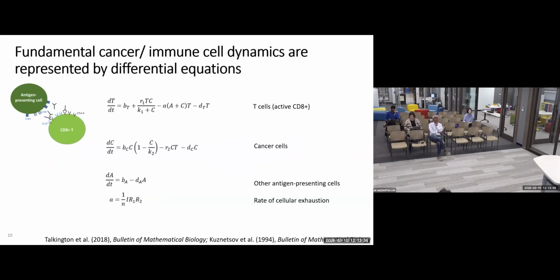Very briefly, I won't talk through the equations ad nauseum, but essentially we adapted some sets of ordinary differential equations to try to capture tumor immune interaction dynamics and notably introduced this coefficient A, the rate of cellular exhaustion, accounting for this phenomenon of cancer cells and T cells interacting. And then this parameter I, the immunotherapy parameter, accounting for how much we are allowing this process or not allowing this process to happen.